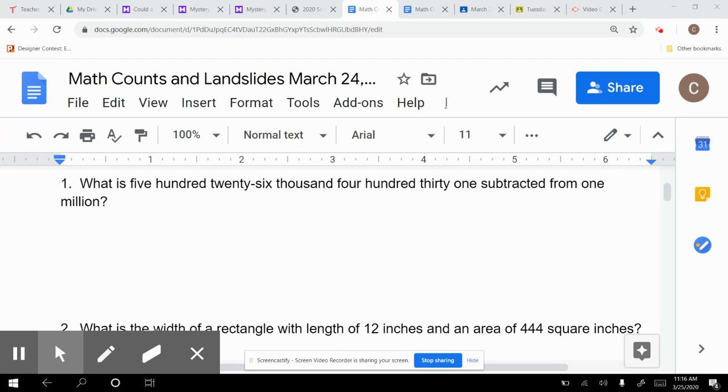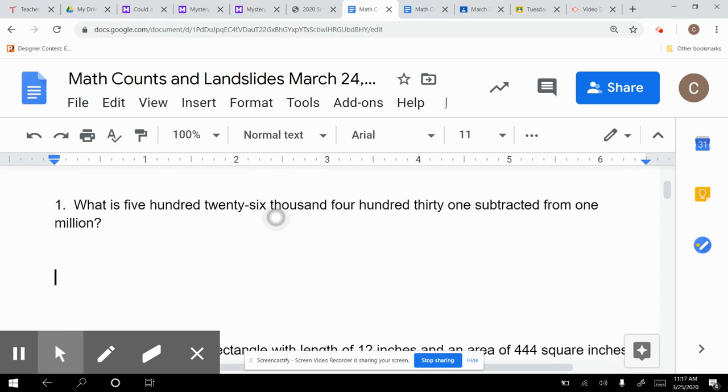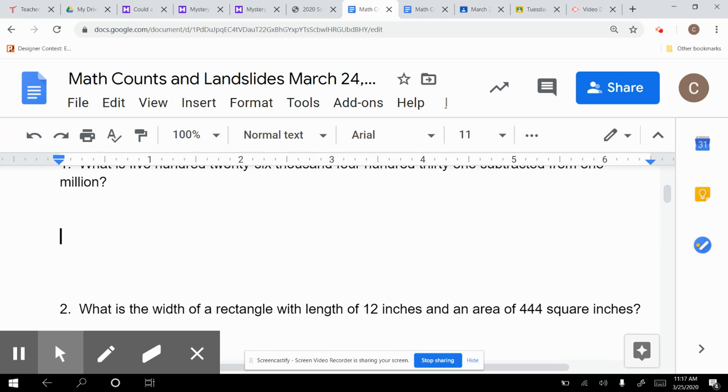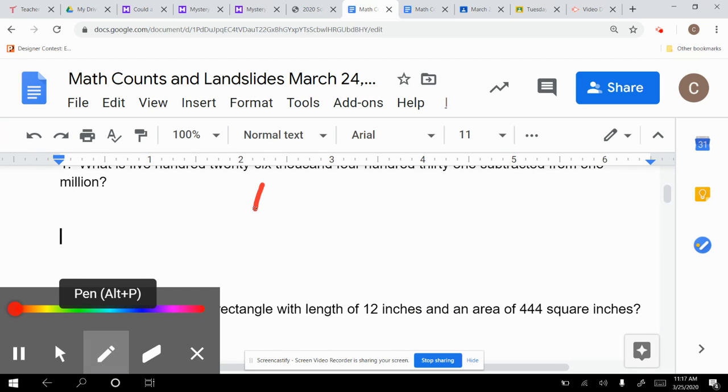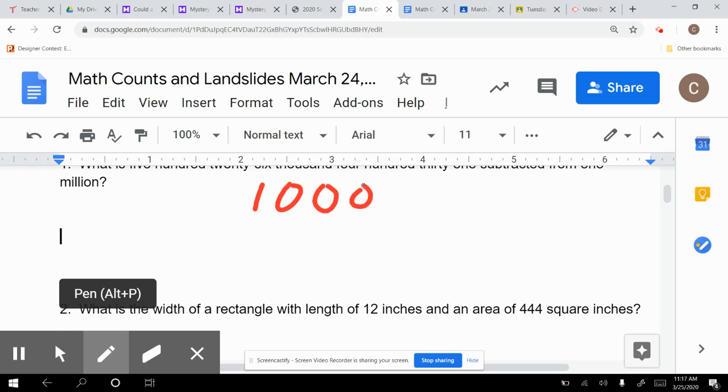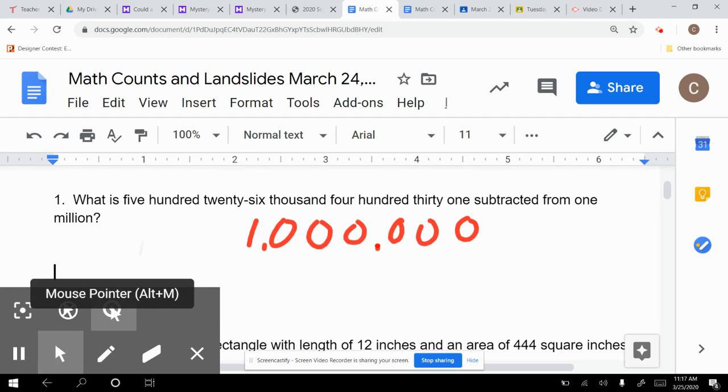So let's go over the answers to these problems from yesterday. Number one, it says, what is 526,431 subtracted from 1 million? I'm going to go ahead and do it algorithmically, but I did tell you that you could use a calculator, so that's fine if you did. So I'm going to do it using the algorithm. Let's set up 1 million. I write it correctly today. 1, 2, 3. Okay, those are commas. And I'm going to be subtracting